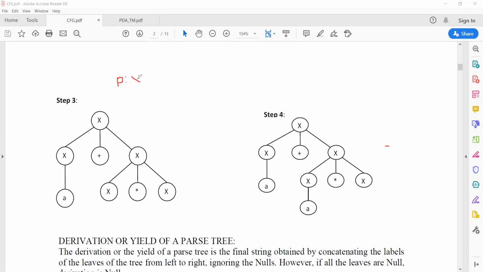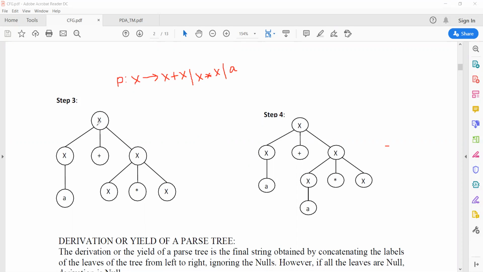X produces x plus x, or x star x, or a. So this is or a.